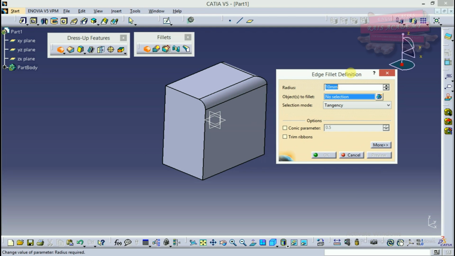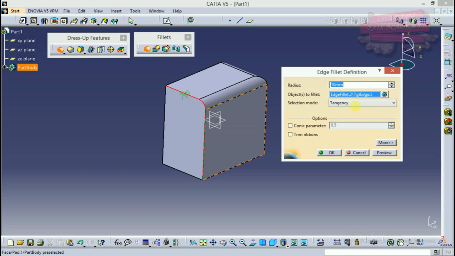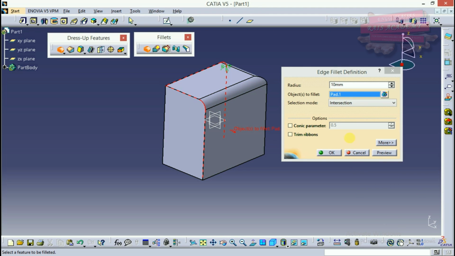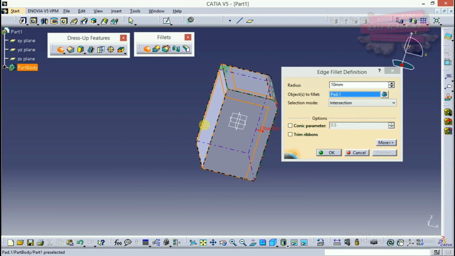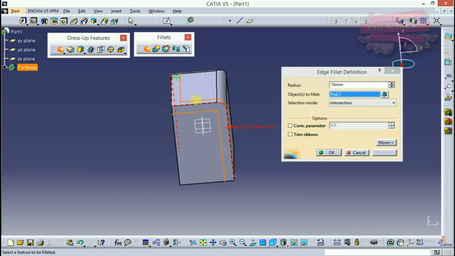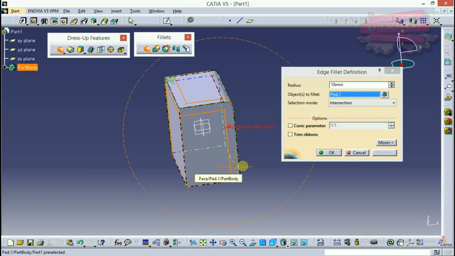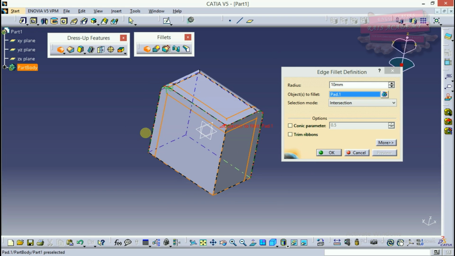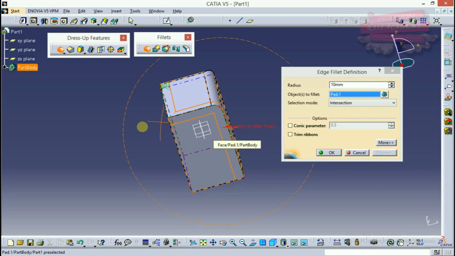Suppose I want to give a fillet to this. Now if I select intersection pad, it is intersecting with this pad. Click on OK, preview. Now as you can see, wherever it is intersecting, I had selected this face intersecting with this particular area, and again it is intersecting with this area, and it is selecting the whole of the pad.